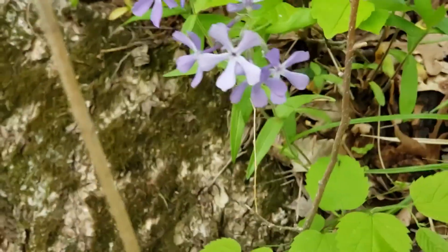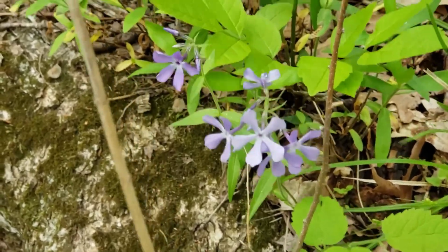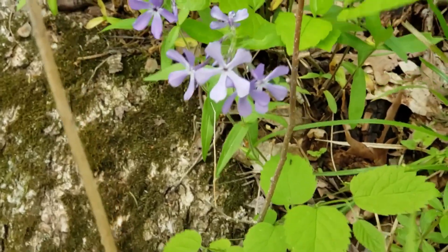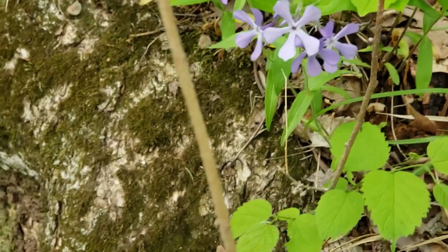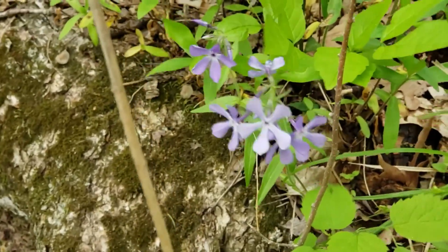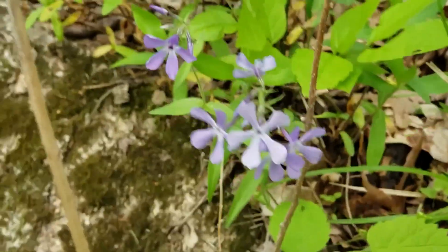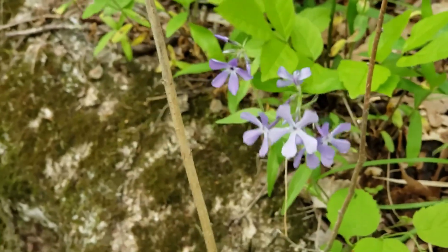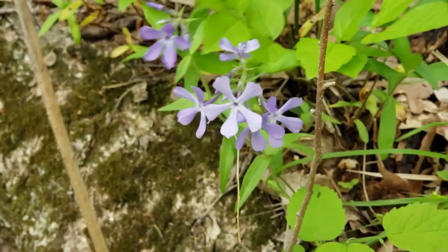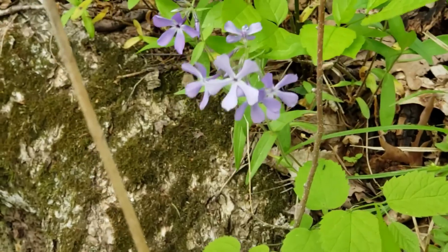These are very closely related to prairie phlox, which is another phlox species that will come out in a couple weeks in the prairie, obviously. The only difference is the color. So prairie phlox is going to be a lot brighter and a lot more pink, while this one's a lot darker blue. These guys grow in the woods, and prairie phlox obviously grows in grasslands and prairies. You might have phlox in your garden at home, and it's also closely related to these guys. Really, they are a good nectar plant for butterflies. So if you're interested in growing phlox, pick out one of the native ones, and they will help our local